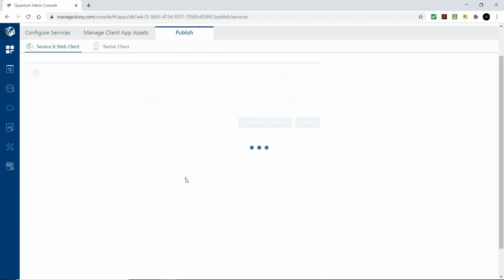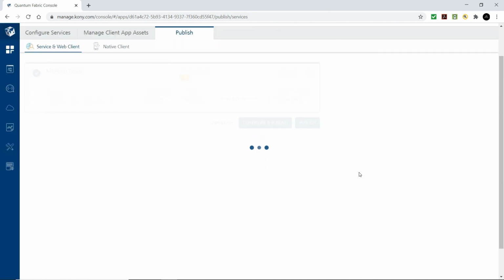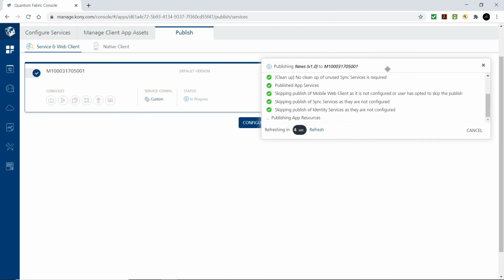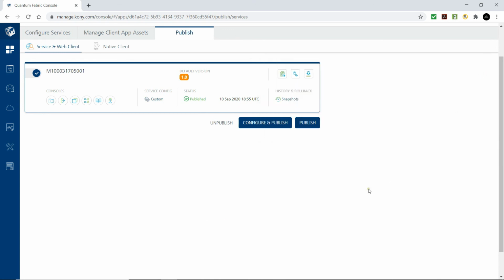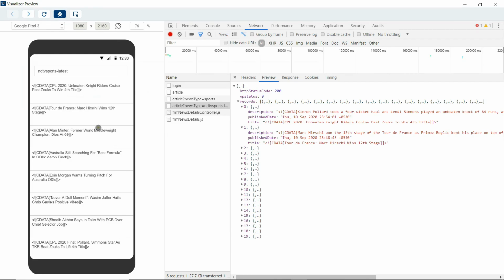Let's publish this application. The application got published now, and the client app, without making any changes, if we pass the appropriate input that is respected by the Google News feed, we will be able to fetch the news articles from the Google News feed.